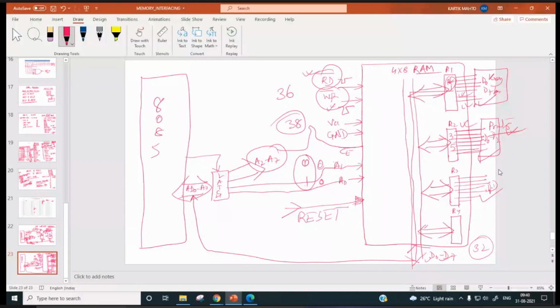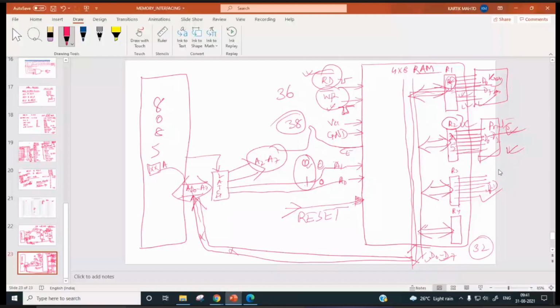Hello? Now it is clear? Yes, sir. Right. Now suppose the processor wants to print whatever is inputted via this keyboard, which is inside the accumulator. What will it do? It will send the address of the printer, and the printer is connected to R2. So which address will it send? 01. Then it will put this data over here, XX, and it will make write bar low. So XX will be over here and the printer will print XX.